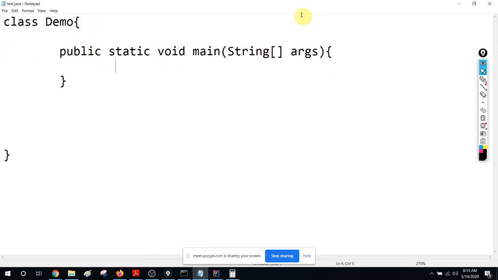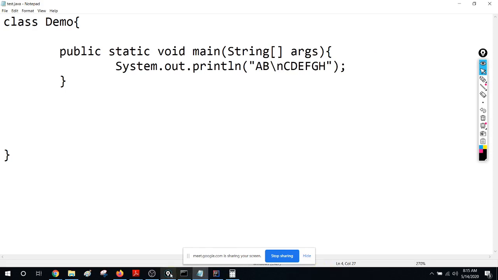So say something like this: System.out.println, right? Say I have something like this: A B C D E F G H. The best thing is you do like this. Then you have something like \n and see what happens.